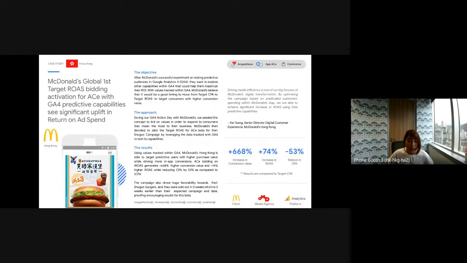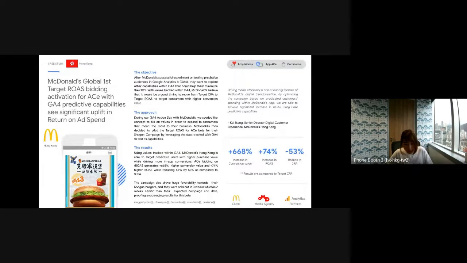So here we have a client called McDonald's. Everyone knows McDonald's. McDonald's already implemented GA4 Firebase on their app. And recently, they tried using Firebase conversion signals for their app campaign for engagement. The most special thing here is that they not only use the app campaign to bid on their conversions, but they also target the predictive audience, which on GA4 itself, we find the most valuable users for you based on the conversion signals that we have implemented.